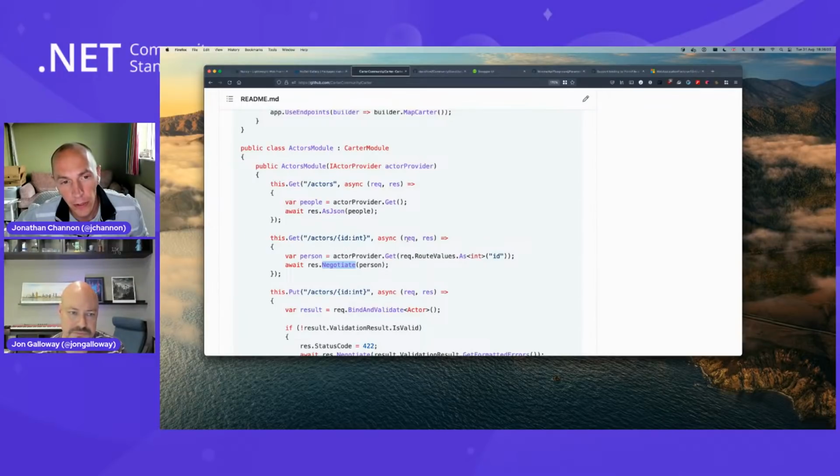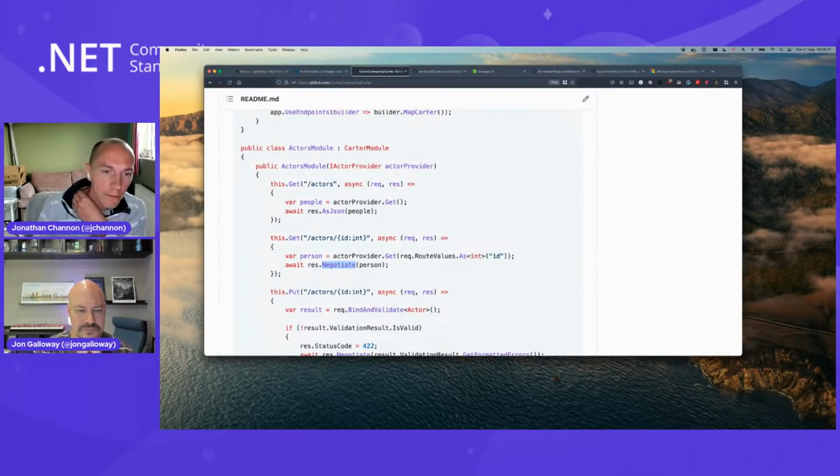But essentially what it means, from an HTTP layer, is you make a request as the client to say, go and get me this actor with number 3 as the ID.